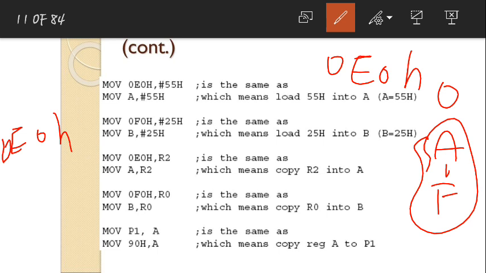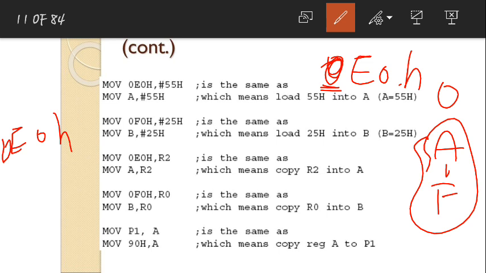So what we do is, whenever an address starts with an alphabet, we just mention a 0 so that it will start with a number. Putting 0 in front of this is of no use, because 0E0 is nothing but E0 itself. But what I am trying to do is show this is some address. I need to write a number in front of that. I can't write an alphabet. We need to remember this while writing a program.